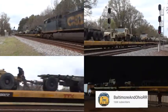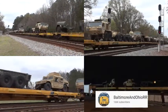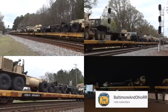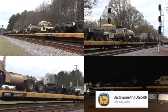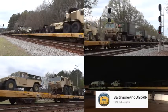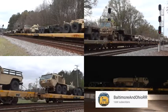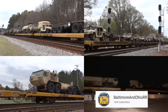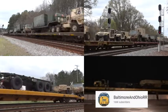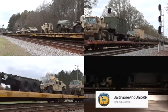And they're going everywhere. Railroad cars after railroad cars, every state, every place you're seeing these railroad cars full of Humvees, some armored, some not. They've got the canvas tops on them. A lot of the Oshkosh, the HEMTTs, and you see these generators, all different sizes. Other ones, I don't know what they are. They're big. It looks like a big fuel tank on them. I'm not saying I know everything, you know, but